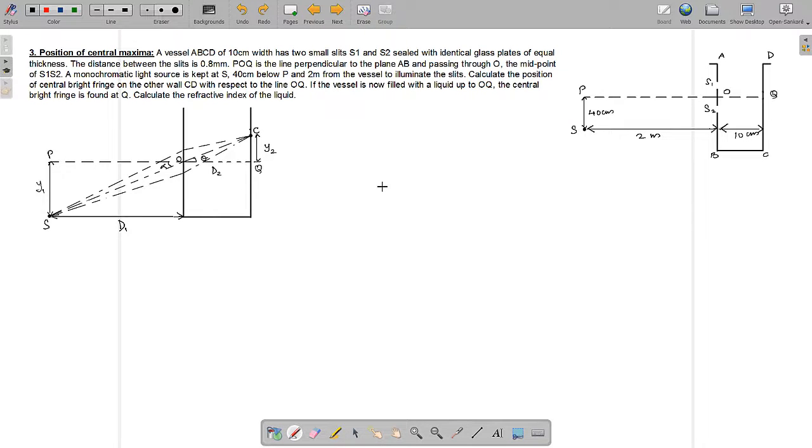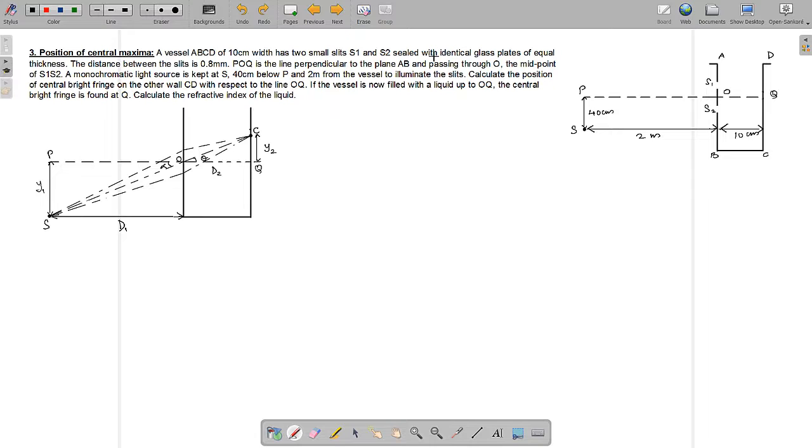Okay. In this illustration, we have to find out the position of the central maxima. The condition given is there's a vessel ABCD of 10 centimeter width. This is the vessel ABCD. The width is 10 centimeter. There's a point source, a monochromatic source, at a distance of 2 meter from the vessel, which illuminates two small slits